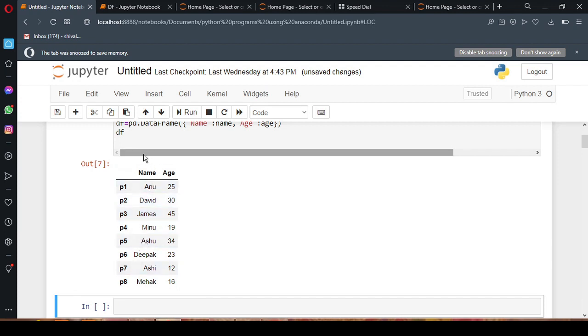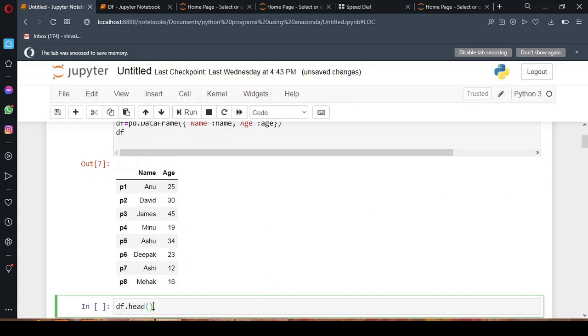Now if I want to just extract the top few rows, what can I do? If I want to extract top few rows only, I can use the head method, and if I want to extract the bottom few rows, then I can use tail method. Okay, so if I use df dot head, this is one way when you are not passing any argument.